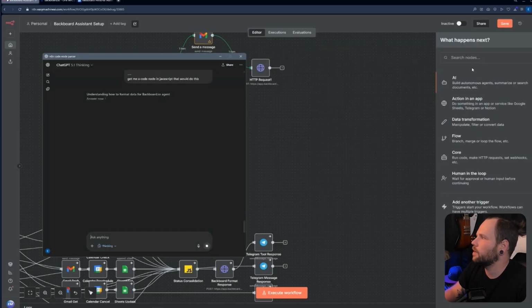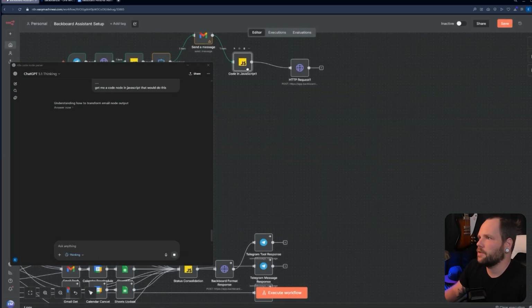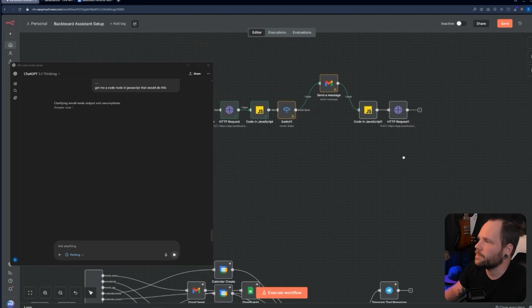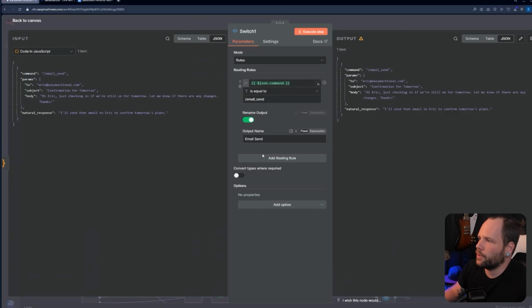And then we just do that. We take that code, plug it into our JavaScript node. It doesn't have to be JavaScript. We've got Python here too, but usually JavaScript does the job. So I'm not going to split hairs. So that's just the send email. Obviously we can do different things. So we would add